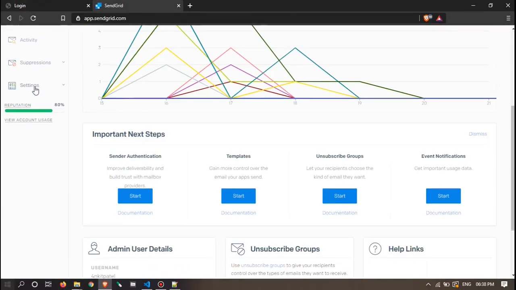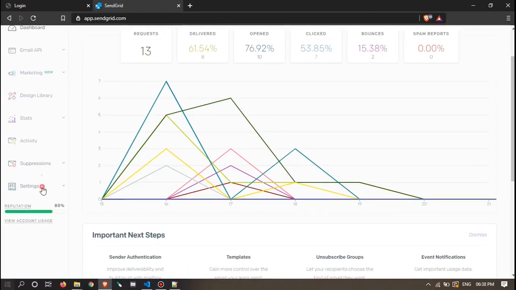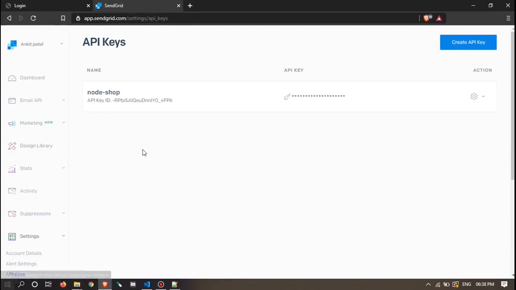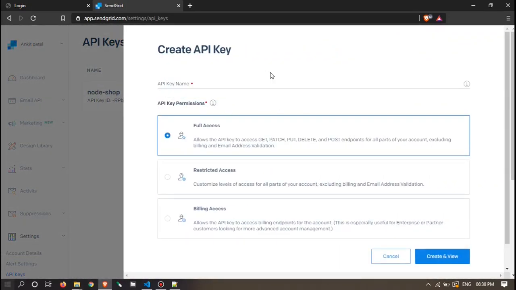First you have to go to settings, right? There is API key, click on it, then create the API key. I have one already for my project. You can also create it here. Create API keys, give whatever name you want.